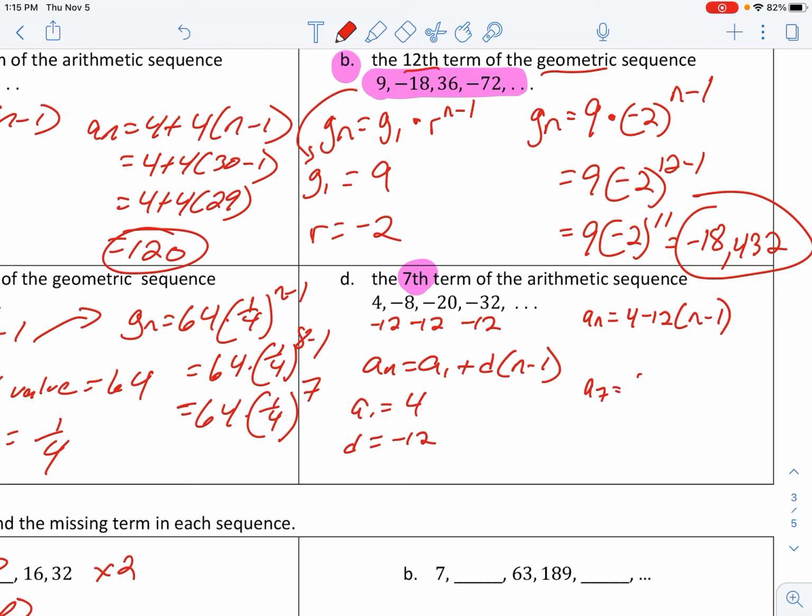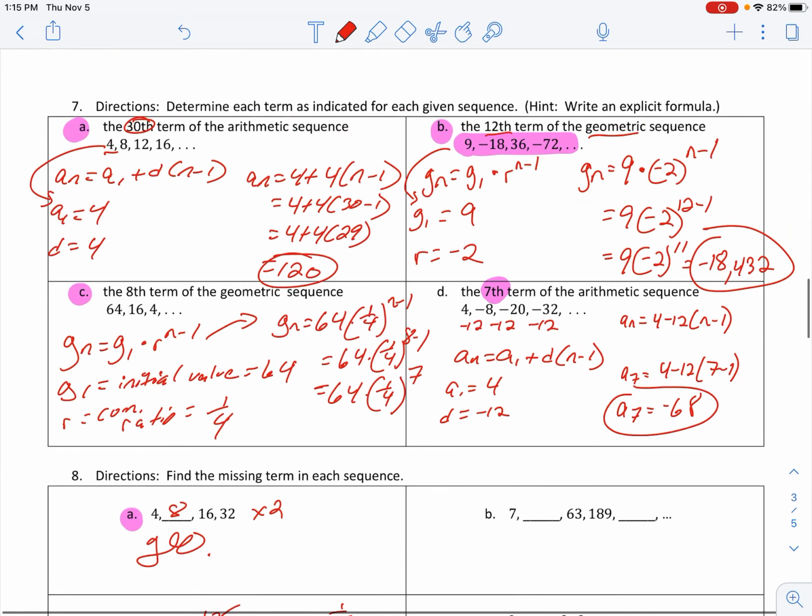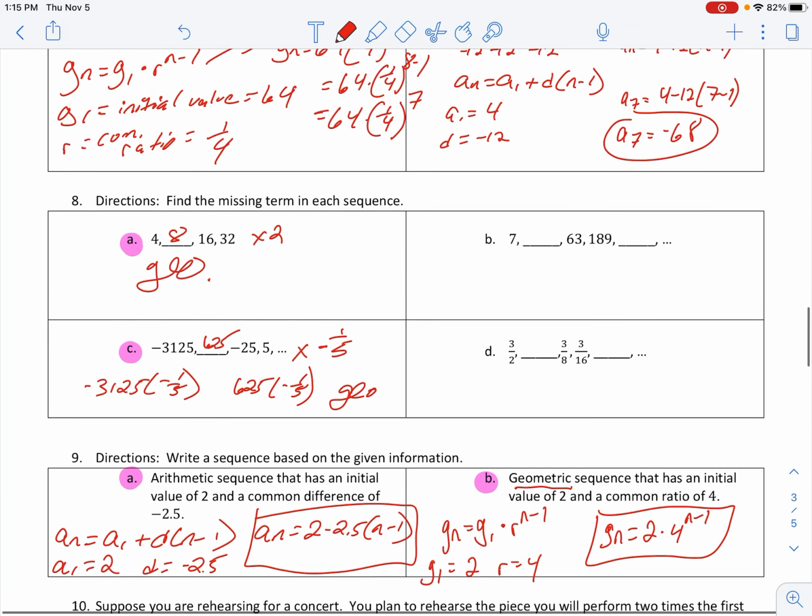So if I want to now find the 7th term, I'm going to go to my calculator and do 4 minus 12 times 6. The 7th term then has a value of negative 68. Okay,